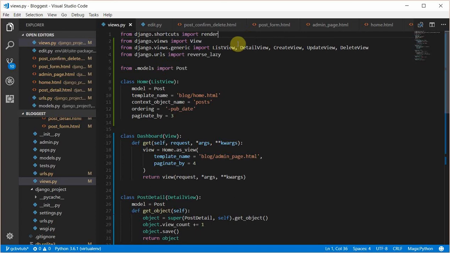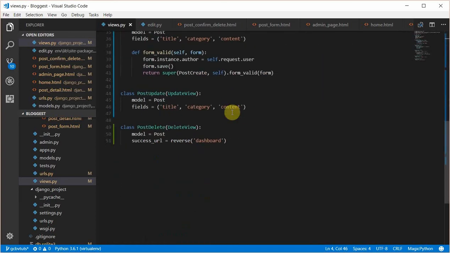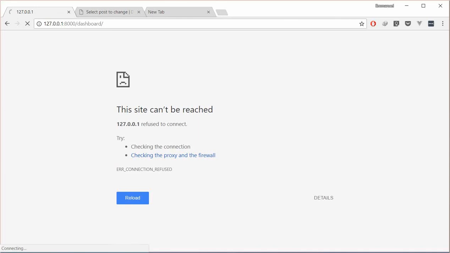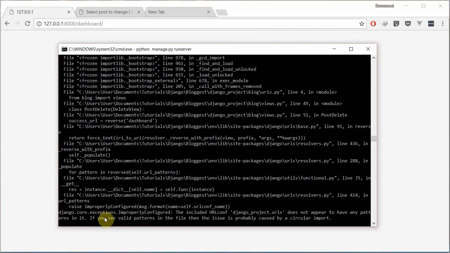Let me import it from the Django.urls. I think it's the same thing, but let's see. Okay, what's the error? It's telling me the included URLconf Django project.url does not appear to have any patterns in it. So currently now,